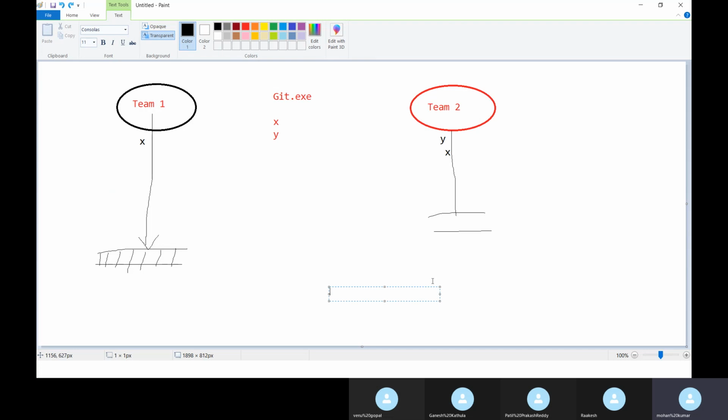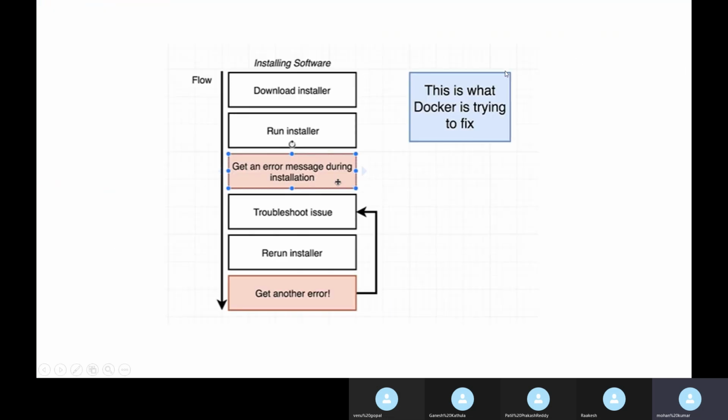So when we are installing these softwares or the executables that are packed in the container on the hardware, it should be a smooth process, right? It should not be like, again, we have to analyze the defects and the installations. We cannot do all the stuff, but it has to be a smooth process. So when we do it manually, we are encountering some issues, but the Docker actually made it simple for us. So what actually Docker is doing is, Docker is trying to fix the issues with these kinds of installations.